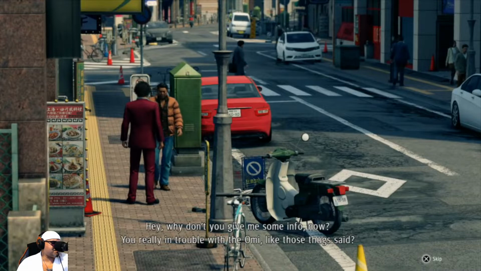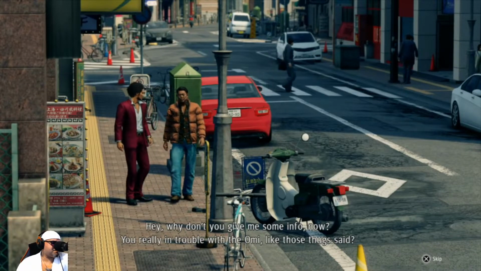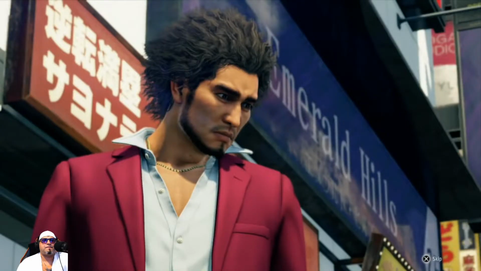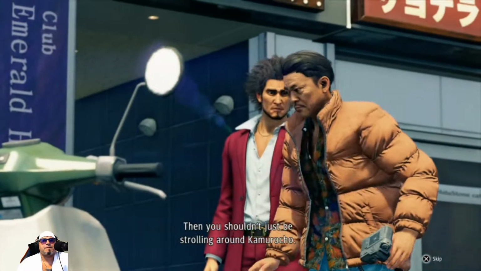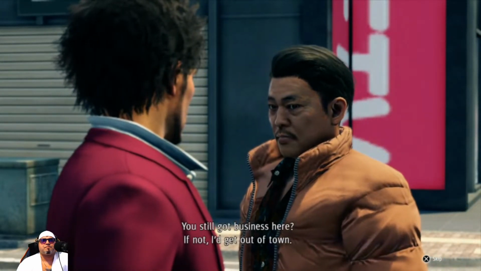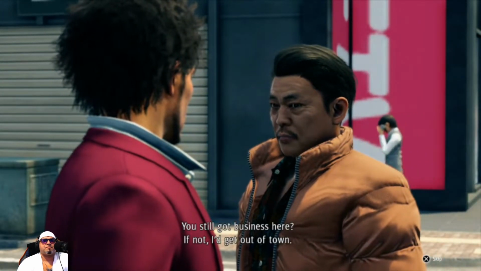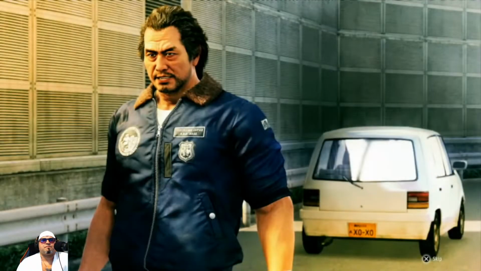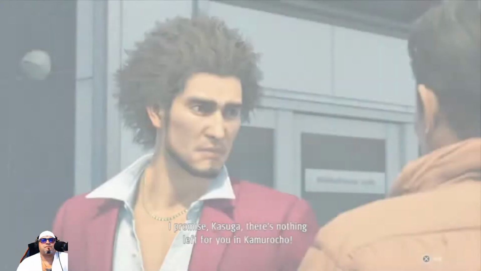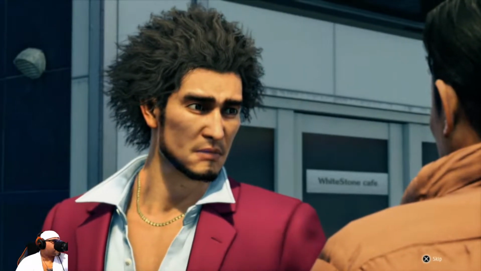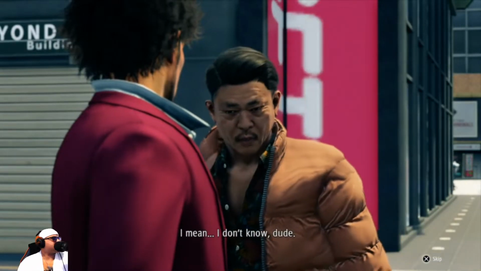Hey, why don't you give me some info now? You really in trouble with the Omi like those thugs said? Yeah. Then you shouldn't just be strolling around Kamurocho. You still got business here? If not, I'd get out of town. Huh? I promise, Kasuga! There's nothing left for you in Kamurocho! But then where would I go? I mean, I don't know, dude.